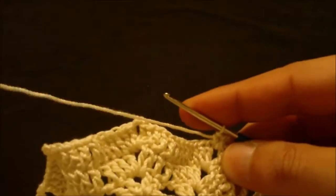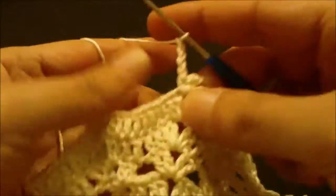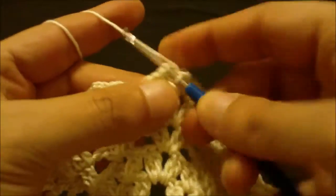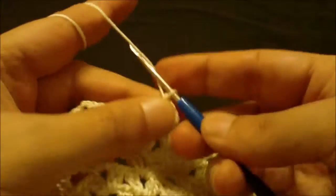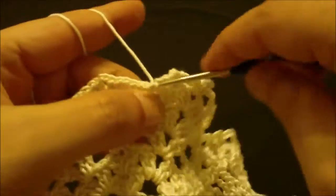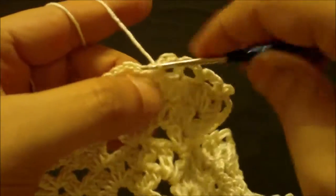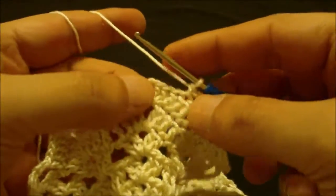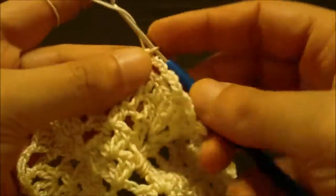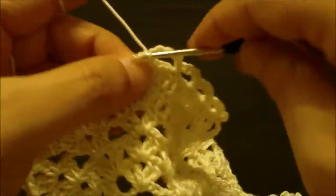Okay, and now we will chain 4, 1, 2, 3, 4, and we will skip next 2 double crochets and we will single crochet in the third, chain 4, skip next 2 double crochets and single crochet in the third like this, chain 4, skip next 2 double crochets and single crochet on top of the third, and now we reach the center here, so we will chain 5, 1, 2, 3, 4, 5, and a single crochet in next chain 2 space like